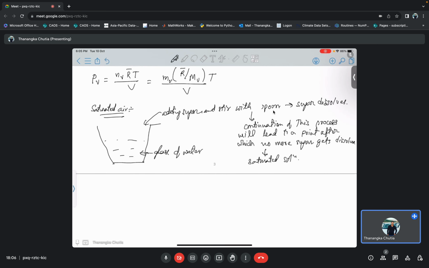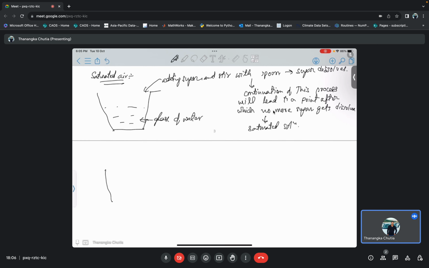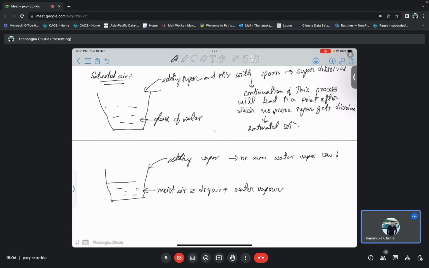Yes or no? In a similar way, we all know that moist air is a mixture of dry air plus water vapor. Now if you keep on adding water vapor, a state will come when no more water vapor can be added, and this we will call saturated